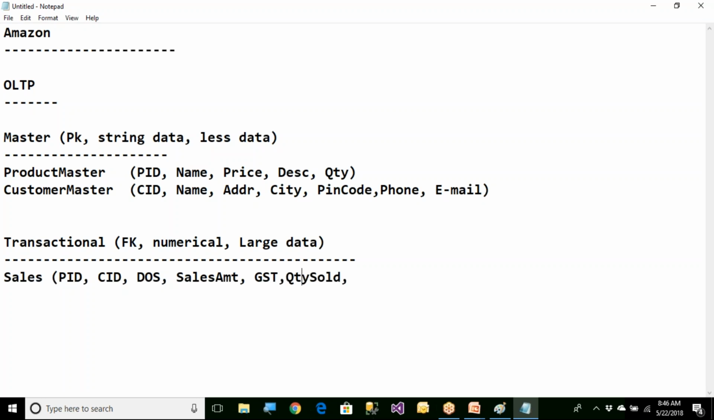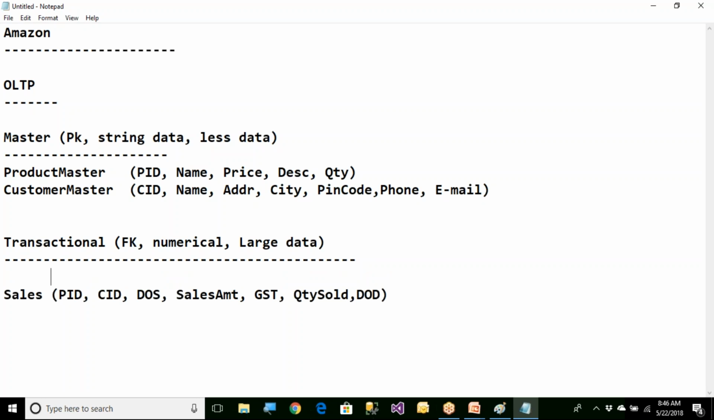Okay, purchase quantity or quantity sold. And we can have date of delivery, or expected date of delivery. That is when the product is expected to be delivered to the customer. Now, when we're talking about the sales table, this is what the foreign key is about, because